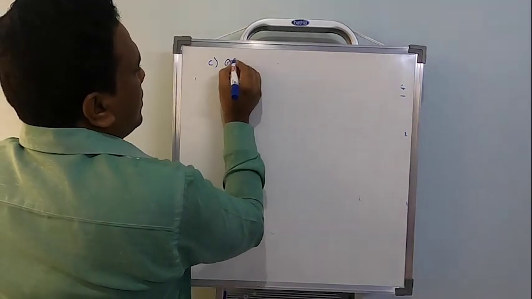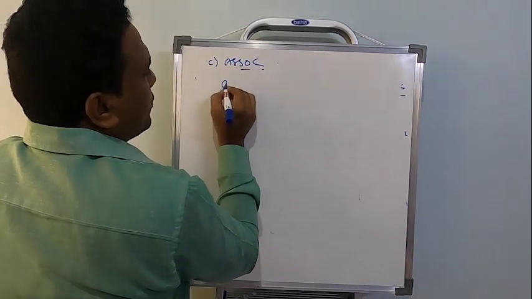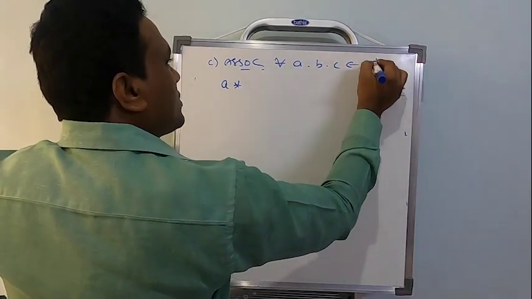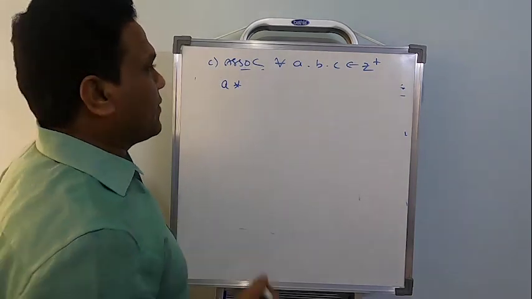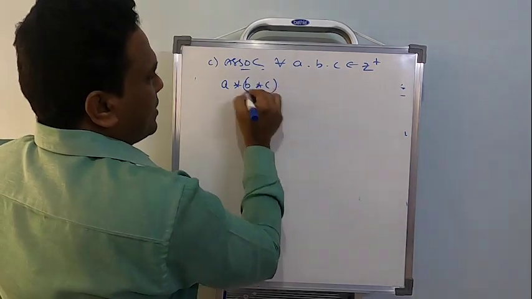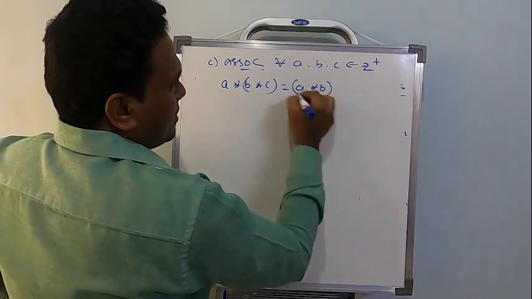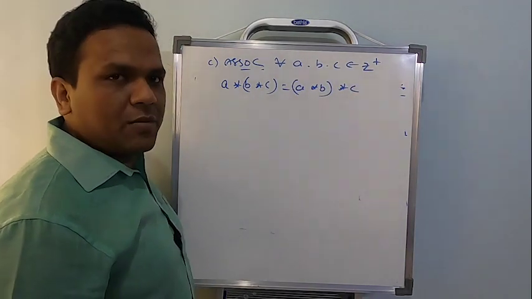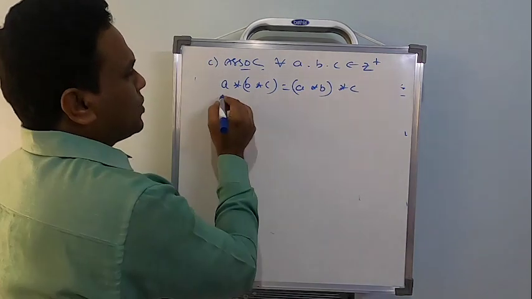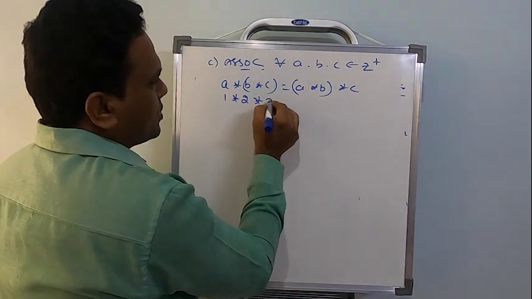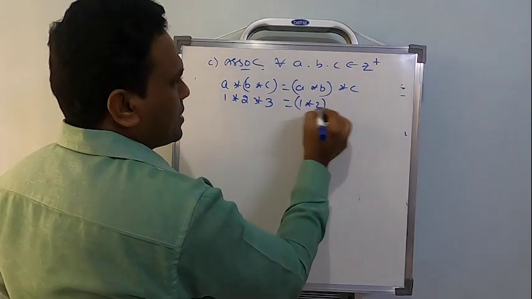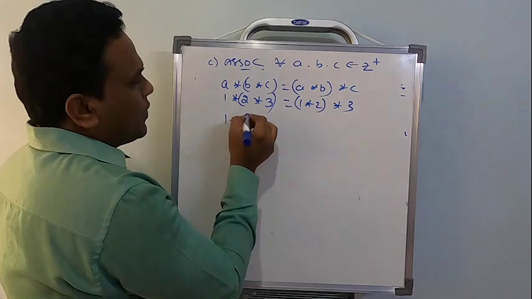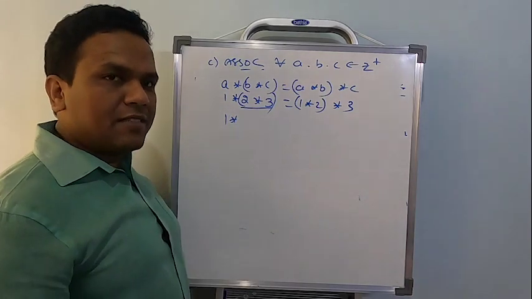Right. Now, to check for associative for the same example. Let's write the property first. For all A, B, C belongs to Z plus, suppose it's associative, then (A star B) star C should be equal to A star (B star C). This should be true. I will explain two methods for this. One is the general method, one is with examples. So let me consider (1 star 2) star 3 equal to 1 star (2 star 3). Associative means first you apply the given definition for the elements which are inside the bracket.